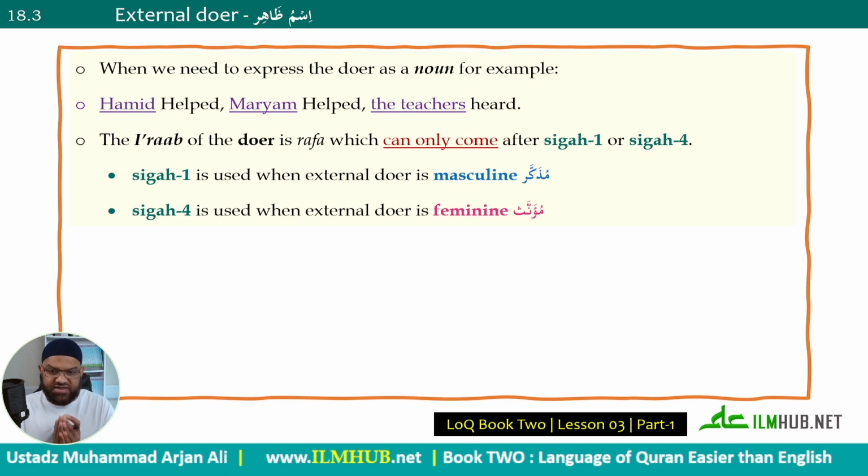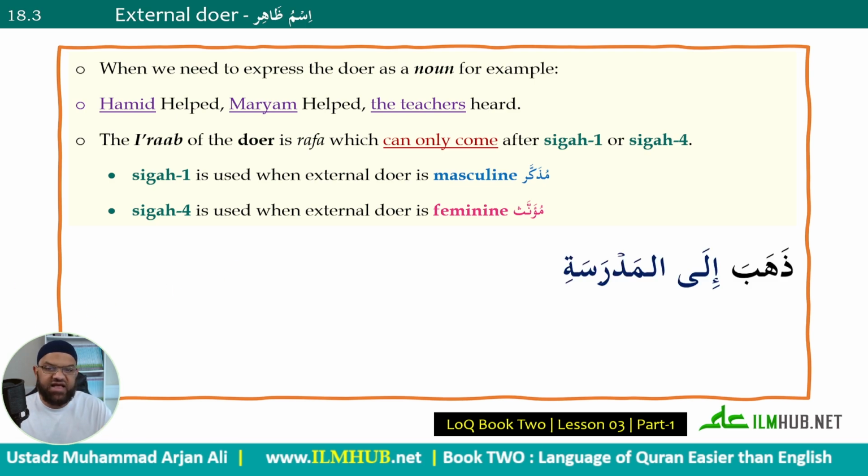Okay? Now, on the other hand, if the doer is feminine, and again, it does not matter whether it is definite, indefinite, singular, dual, or plural, you will only use Sighah number 4. So you will not change the verb depending on the number. You will only change the verb depending on the gender. Please note that. Depending on the gender. So this is the most important point to grasp, inshallah ta'ala, in verbal sentences. Whereas in Jumla Ismiya, you have to match the gender and the number. Here, it is the gender only that we are concerned with. So pay attention to the 2 examples I'm giving you, inshallah ta'ala.